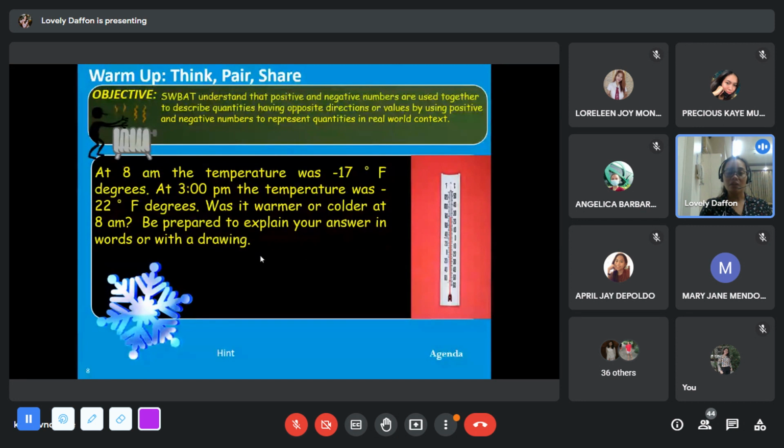If it is already negative, and we are talking about temperature now, it's the opposite around. The lower the number, I think that's the colder, no? Colder siya compared to the higher number. So, same sa aircon. Pag bababaan mo ang degree sa aircon, mas tugnaw compared sa taas. So, it's just the same, but we are just talking about temperature here. Therefore, negative 17 is colder than 22, and 22 is warmer than negative 17.